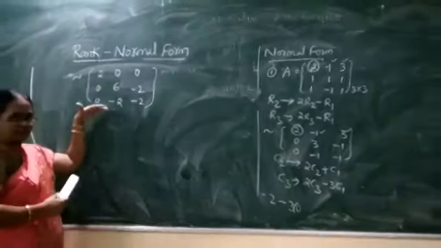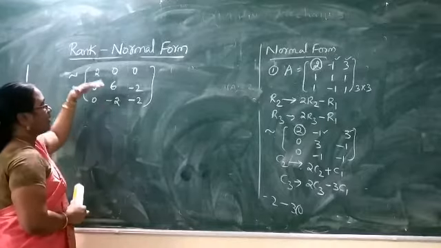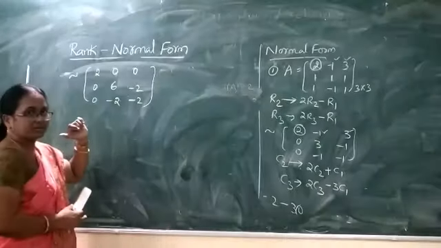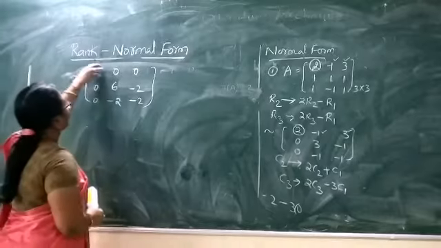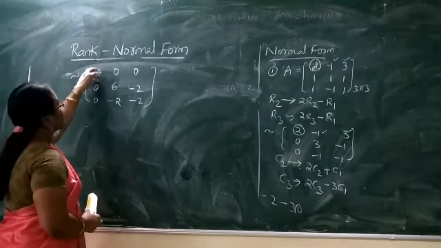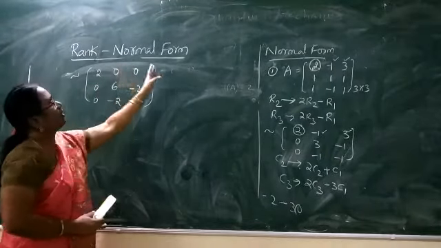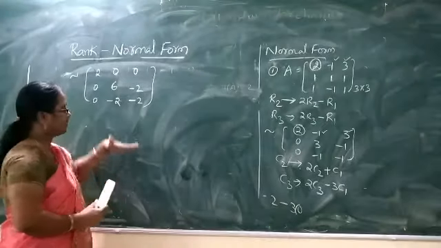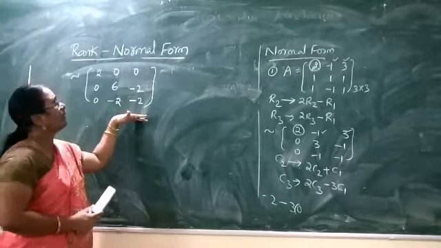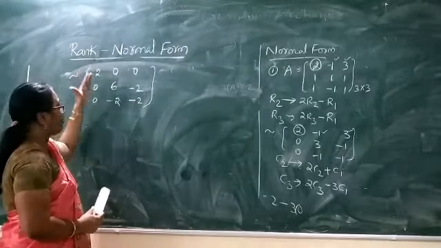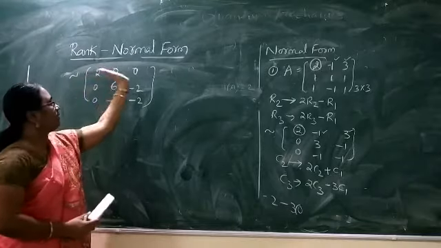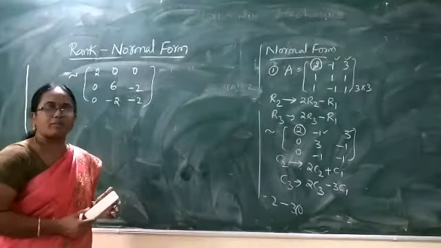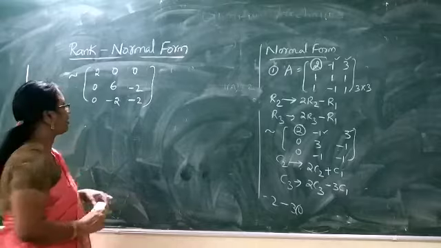So what is our form of the matrix here? It is like an identity matrix, which is required in our normal form. We have the diagonal element, the elements below are made 0 and the elements to the right are also made 0. This is the end of the first step. Based on the first pivot, we have completed the first column and the first row as per our requirement of the identity matrix.